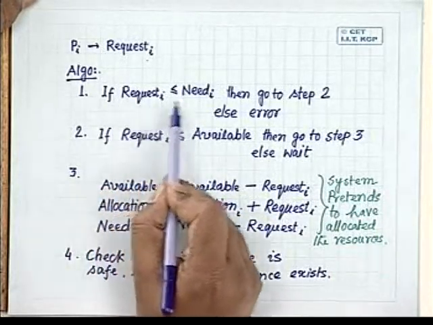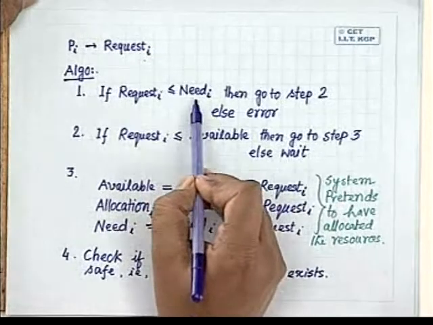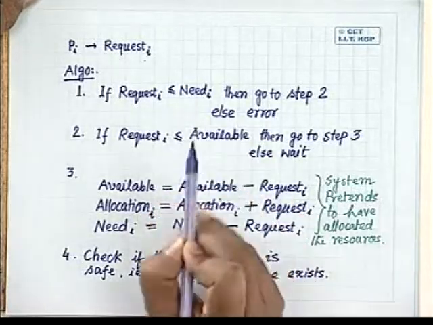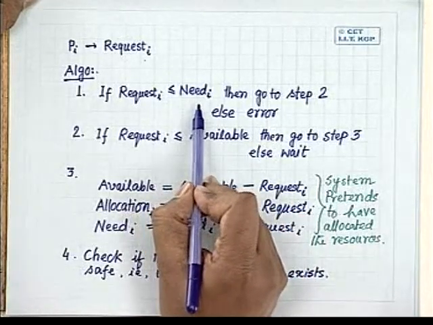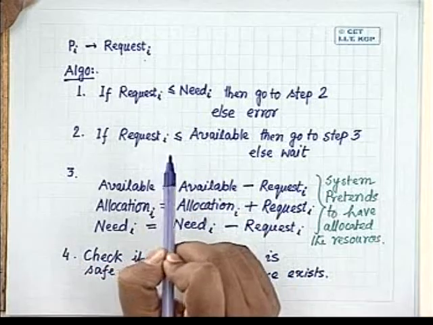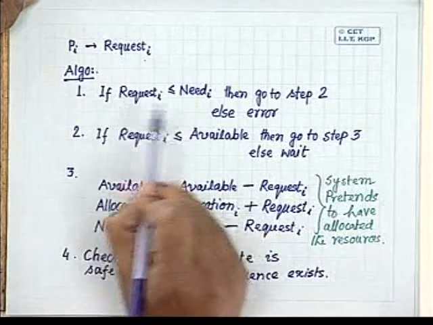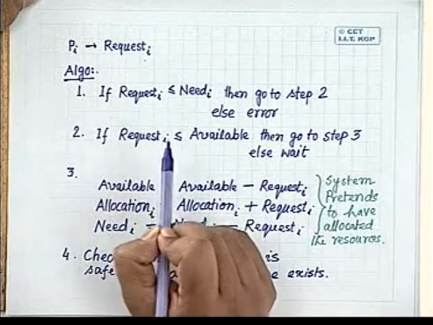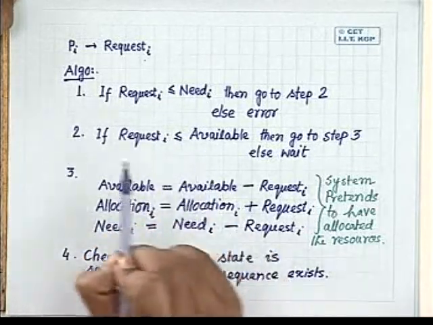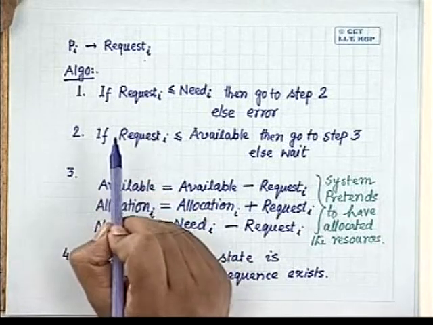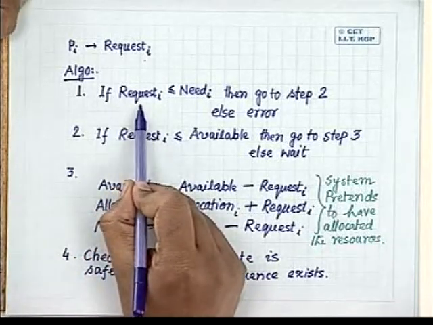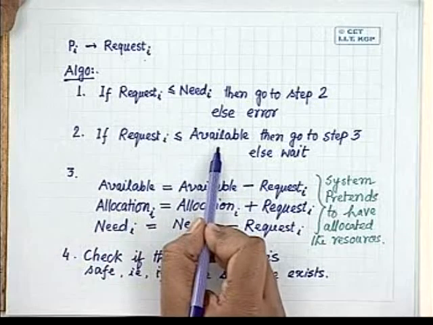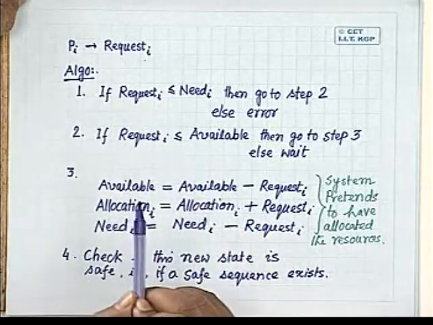First you check whether Request i is less than or equal to Need i, because we have calculated Need i from Max and Allocation, which is the difference between the maximum requirement and the resources which are allocated. So this Need i says what is the future requirement of the process for different resources. Okay. So at no instant of time can Request i be greater than Need i, because in that case there is a conflict: the process would be exceeding the maximum requirement that it declared earlier, which cannot be permitted. So if Request i is less than or equal to Need i, that is, the request is a permissible request, then only we try to check whether this request can be granted immediately or not.